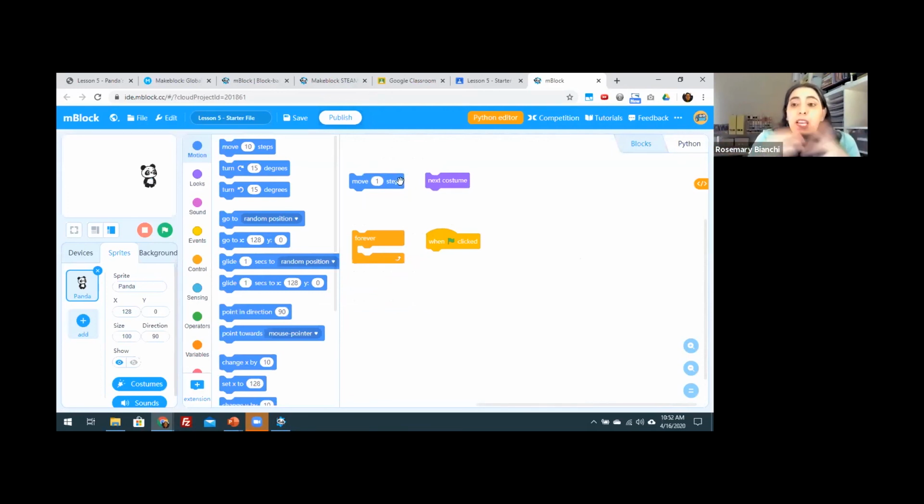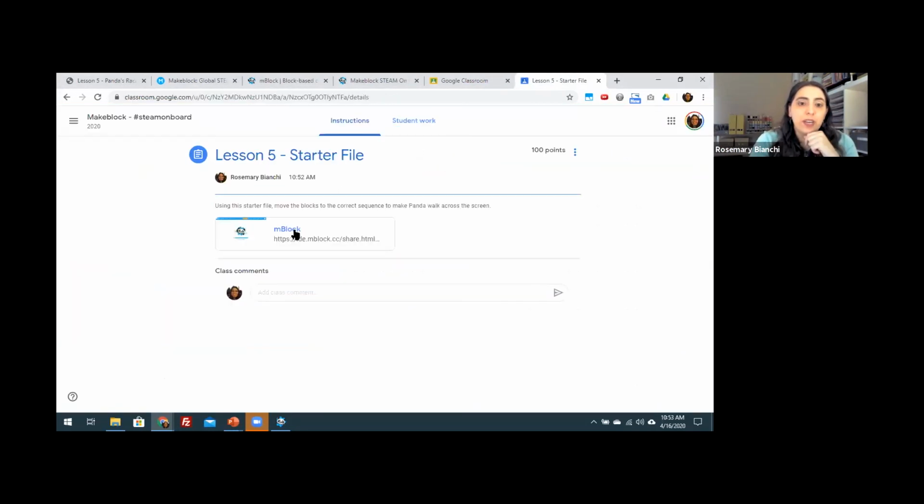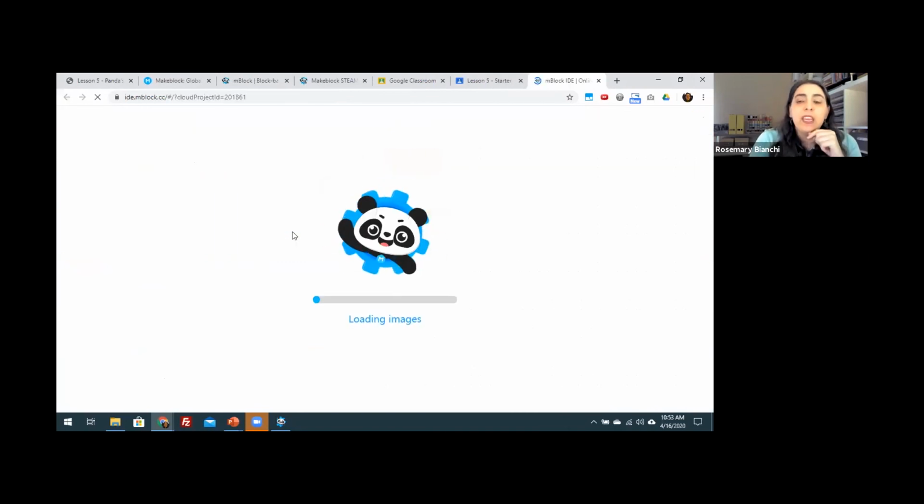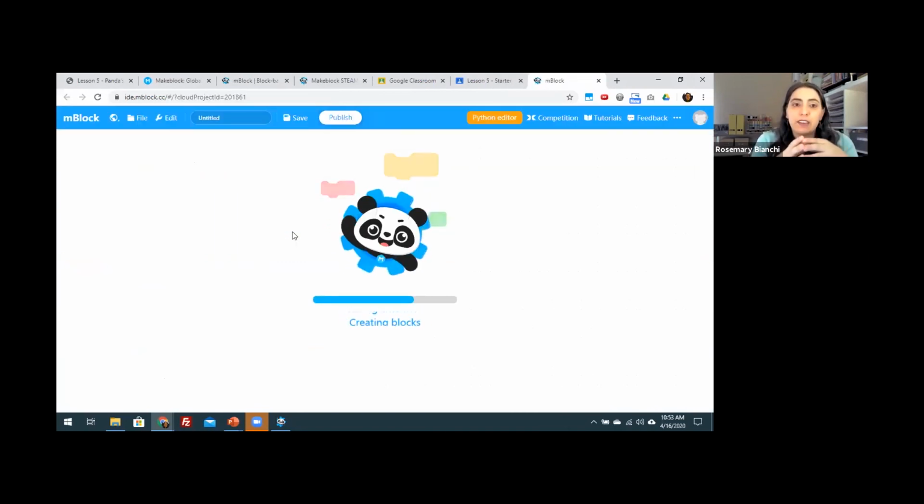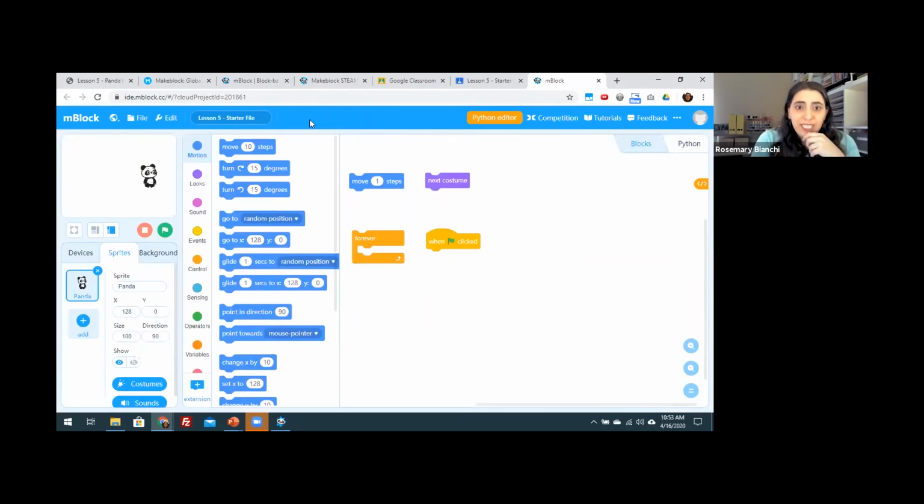IDE. If they have an online account, they'll be logged in. If not, they won't be. And they will be able to edit this program. Now, right now, because this program is owned by me, I can edit it and it will change the original file. So I'm going to sign out and show you what this looks like if a student were to open it. If a student opens this file and they are not logged in, when they go and edit the file, it does not say save and publish at the top because they do not own it, okay? But they can edit the program,